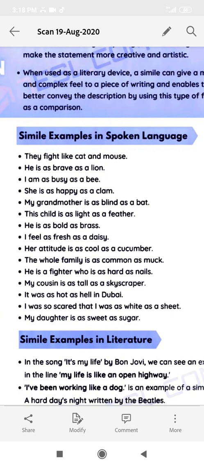So in all examples we can see that like and as words are used for comparison between two things. So it is